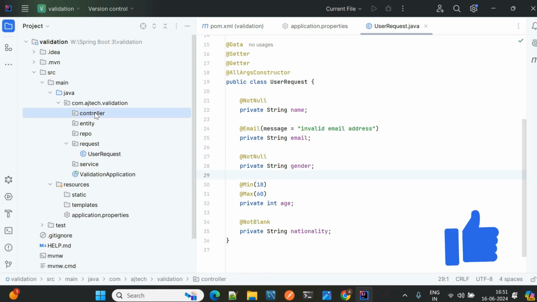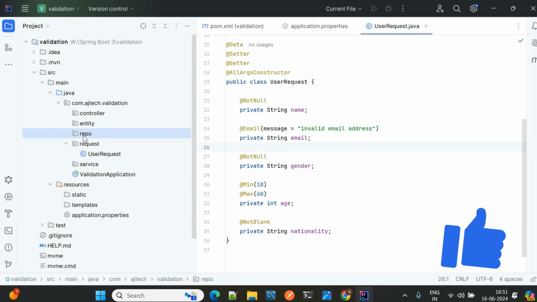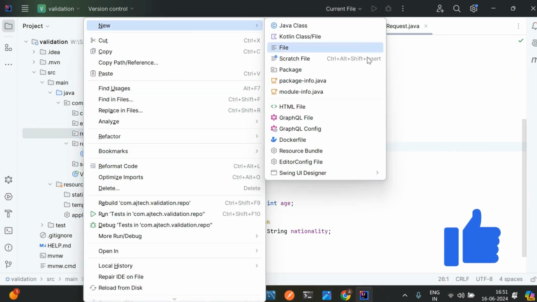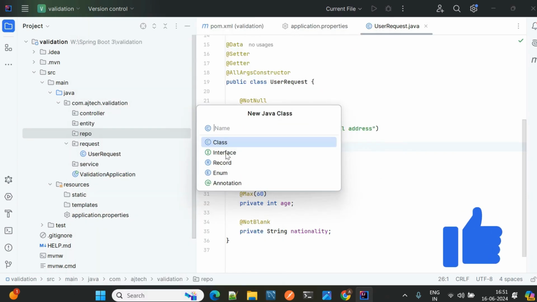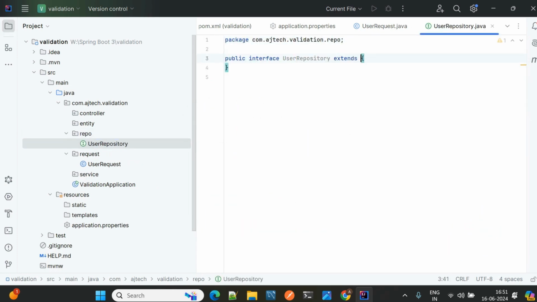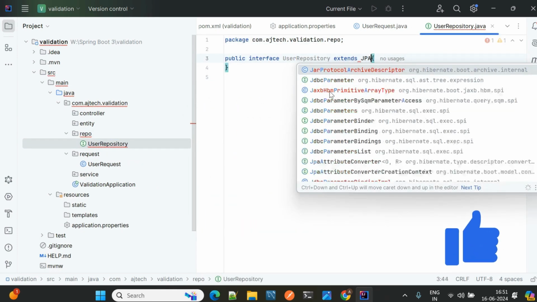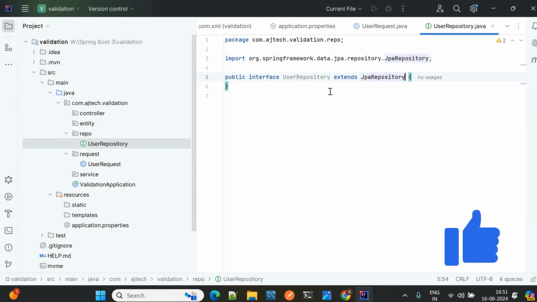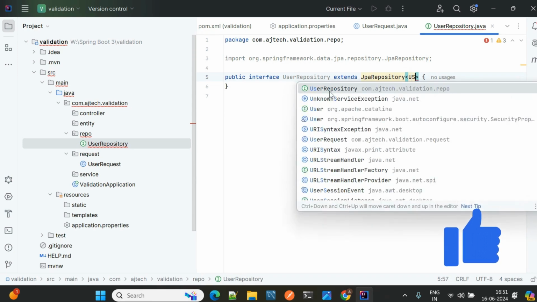Now we'll create one controller, one service, one repository. First we'll create the repository. For that, you can go to New Java class, and select interface. Then our repository is UserRepository that extends JpaRepository. So we need to pass